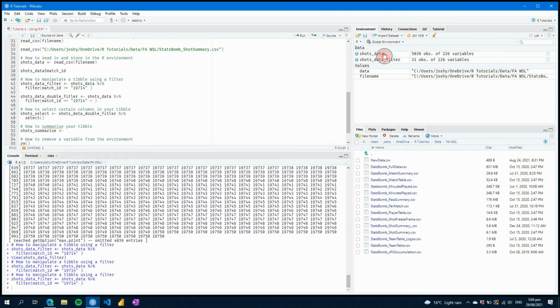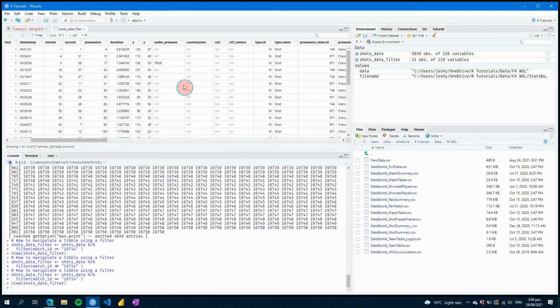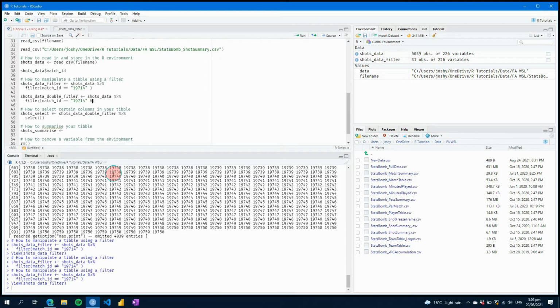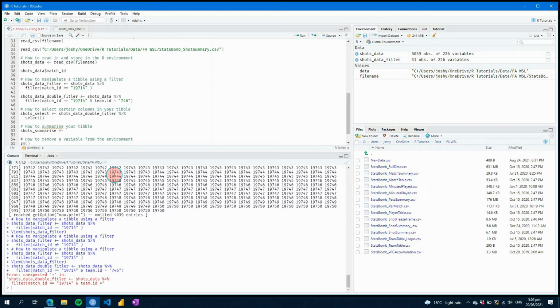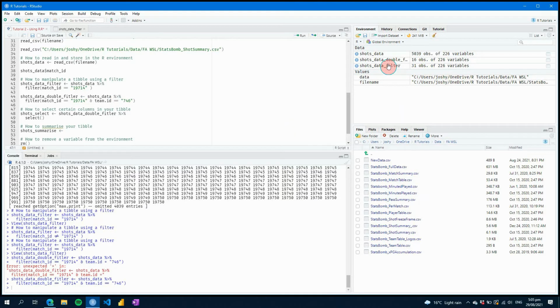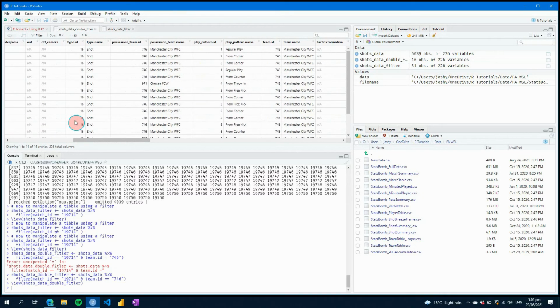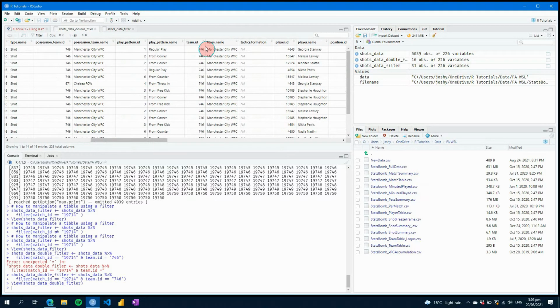But then what do we want to equal it to? So we'll use the same thing here and just grab, say for example, a team ID. So 746. We're going to put a single and then go team.id equals 746. Control and Enter. Oops, and there is my error because I haven't put a second equal sign. So let's do that. And there we have a double filter. So we've filtered it to a single game and a single team,